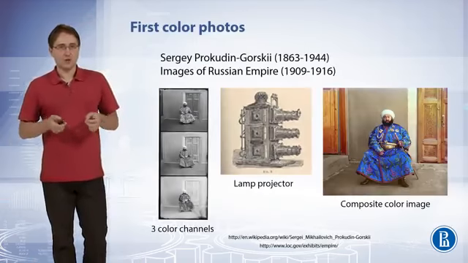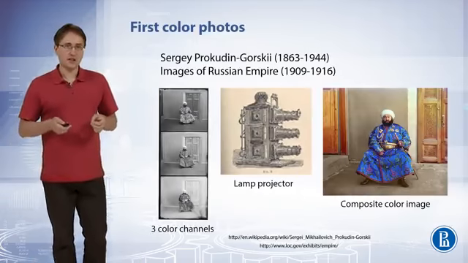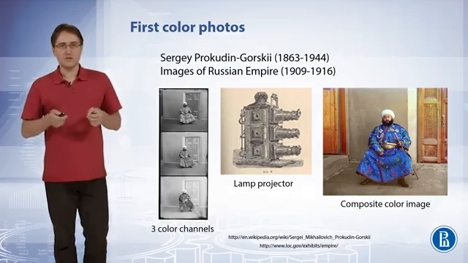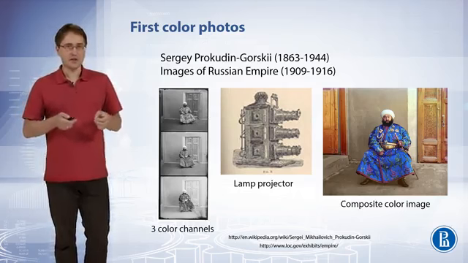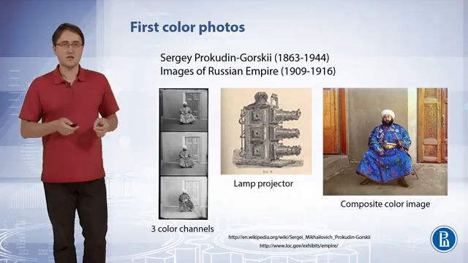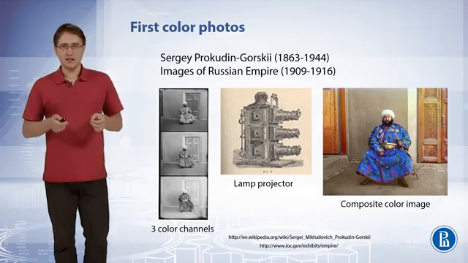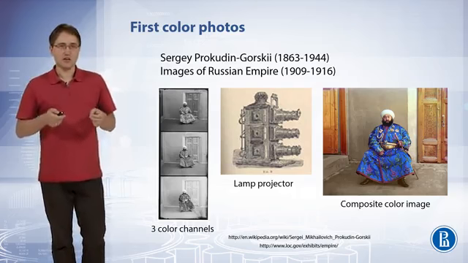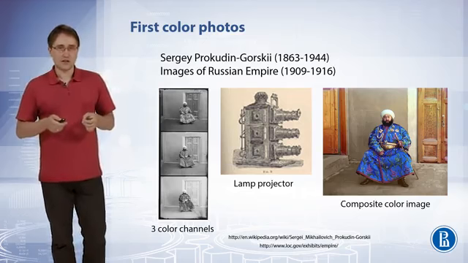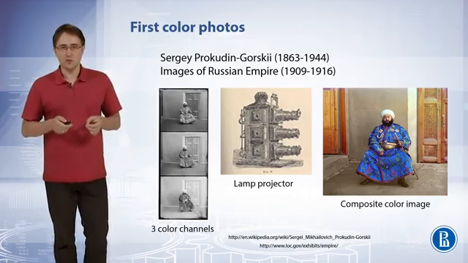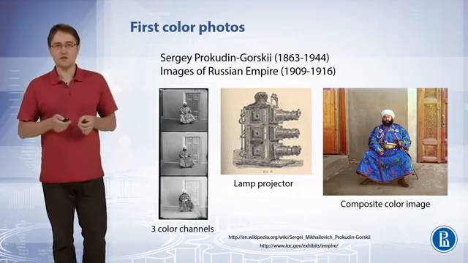Now we can understand how we can obtain color images. To obtain color images, we need to measure R, G and B values in each point of the optical image. This can be done, for example, by taking 3 pictures with red, green and blue filters of the same scene. In Russia, the history of color photography starts with Sergei Prokudin-Gorsky. He built a special projector to display color photographs from 3 separate images in red, green and blue channels. He also received a grant from the last Russian Emperor Nikolai II to make a color gallery of the Russian Empire. You can see images reconstructed from photos of Sergei Prokudin-Gorsky on the link displayed in the slide.